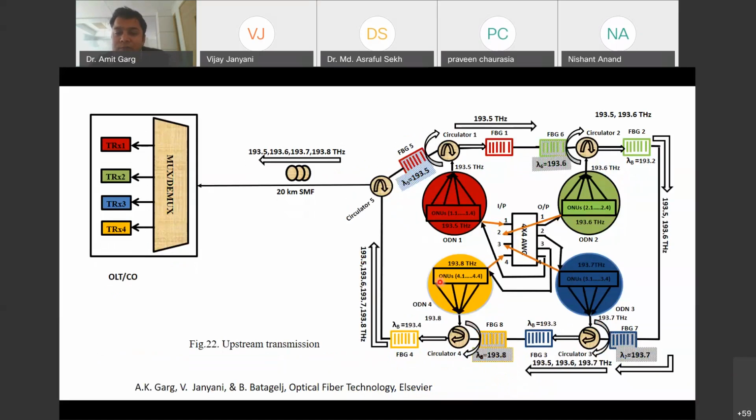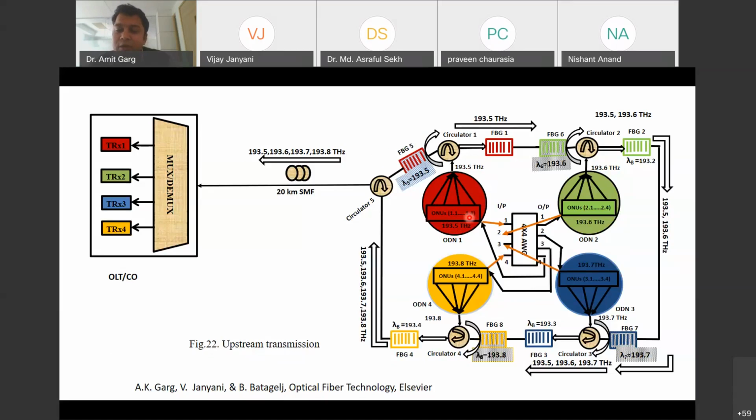So basically now for the upstream, FBG6, FBG7, and FBG8 come into the picture. So the upstream data is transmitted at 193.5, and again in the TDMA fashion basically.